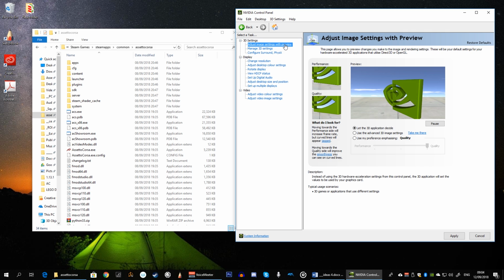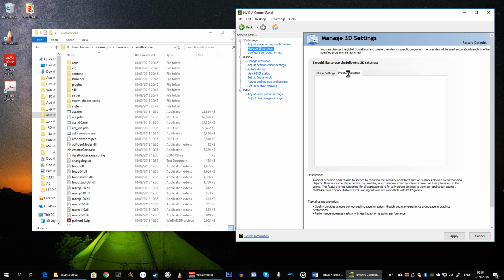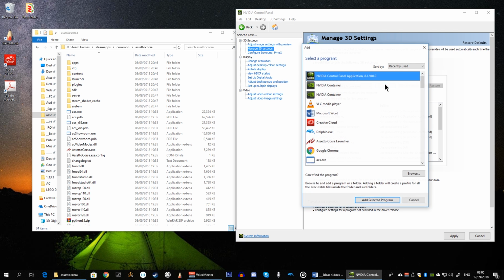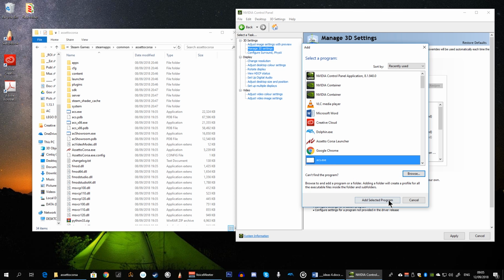And in Adjust Image Settings with Preview, select Use the Advanced 3D Image Settings, and then click Take Me There. Select the Program Settings tab and click Add. If you've already been playing Assetto Corsa, under Recently Used, you may find acs.exe and then select it and click Add Selected Program. If you don't find it there, browse to where you have Assetto Corsa installed and choose acs.exe